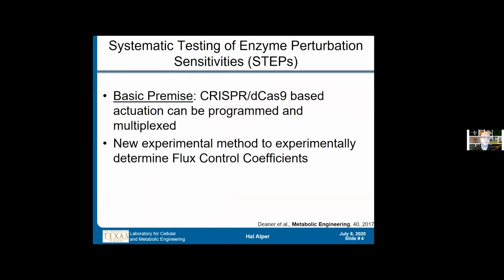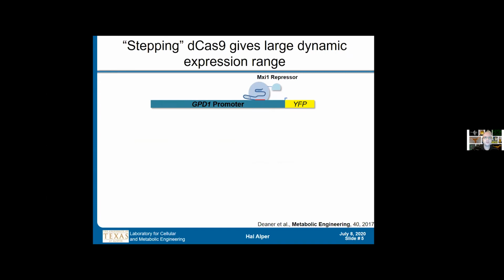So starting off, leading up to the science getting toward the JGI CSP project, we were developing technologies in a one-off fashion, really trying to systematically test what happens when we change the amount of gene dosing, essentially. So looking at this enzyme perturbation sensitivity. We had found some technology in our lab where we can use CRISPR-Cas9-based systems to program, later multiplex, but initially singleplex, the activation and repression of genes of interest. So we can go through and query one at a time the various different impacts that overexpressing and repressing an enzyme would have. To do that, we found that within Saccharomyces, to start with, we can